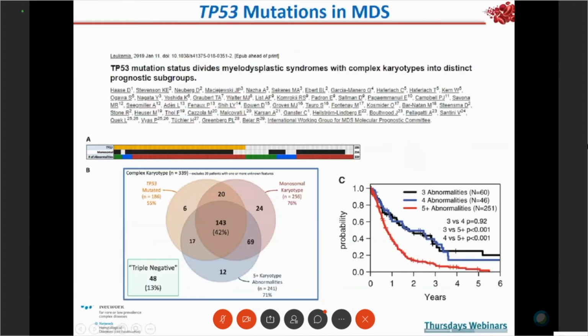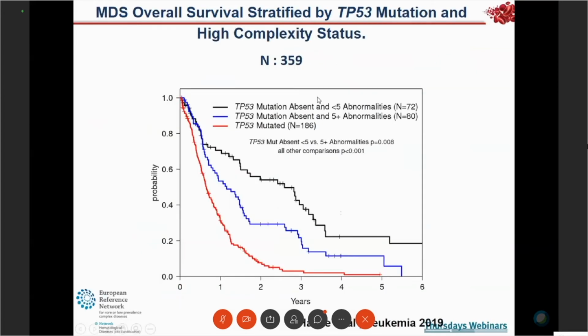But the worst mutation that we know, and we know that it is conferring a really poor survival, is indeed the mutation of TP53. Now, this is a paper that was published last year, in which the importance of the TP53 mutation was clear even in the cases in which MDS had a complex karyotype. If you see here in black, you had a patient with complex karyotype with less than 5 chromosomal abnormalities, but no TP53 mutation. So a very poor prognosis by itself,